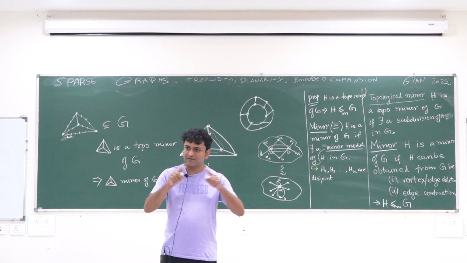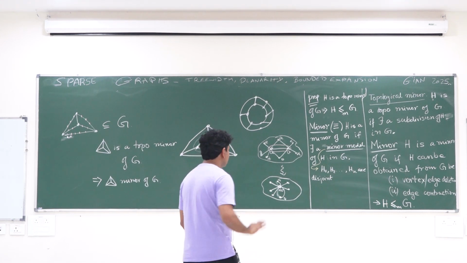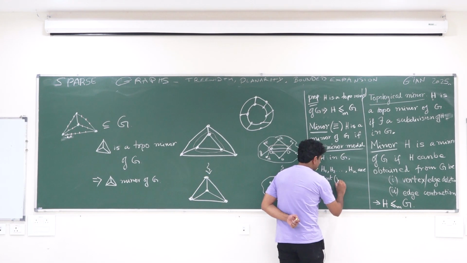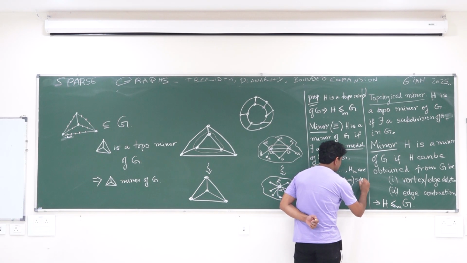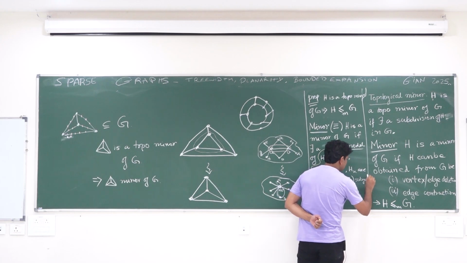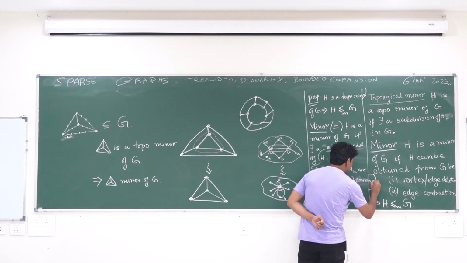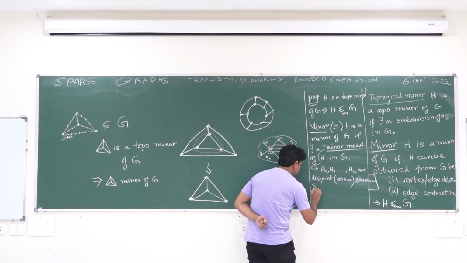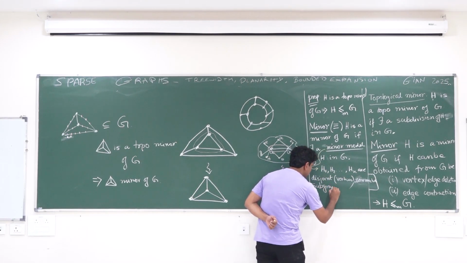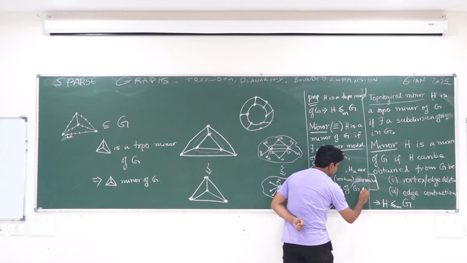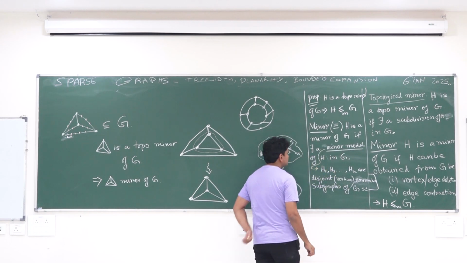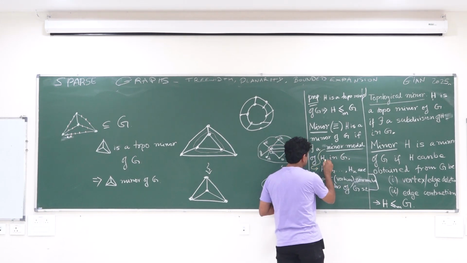They may have an edge in between them, and still they're disjoint. Just disjoint vertices. Yes, they should be connected. Disjoint connected subgraphs of G such that